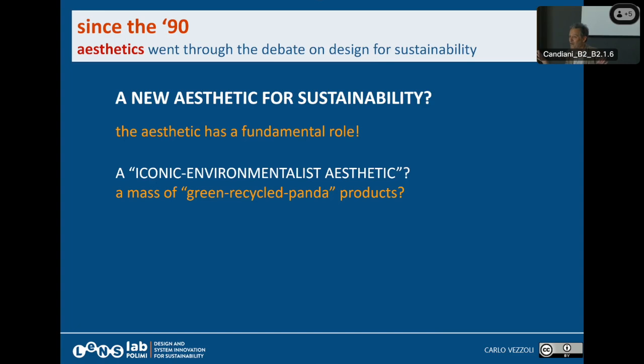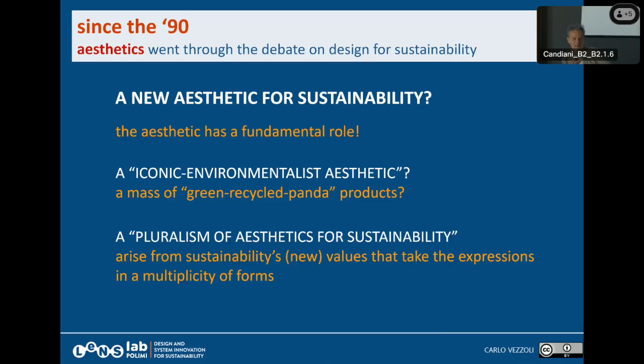So let's come out from this. Let's have even more freedom. Indeed, what I really call the aesthetic of sustainability is a pluralistic aesthetic for sustainability, or a pluralism of aesthetics of sustainability. You design something that is environmentally sustainable and socio-ethically sustainable, and you have to do it really, and very technically sustainable. If not, it doesn't work, okay? So that has to be, full stop. And even in this course, I will be very rigid about that on the system level. You have to do it in that way, okay?